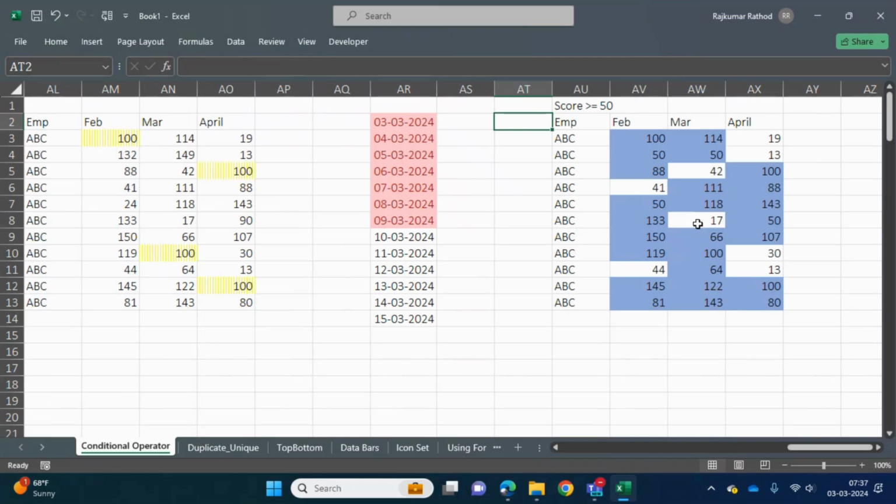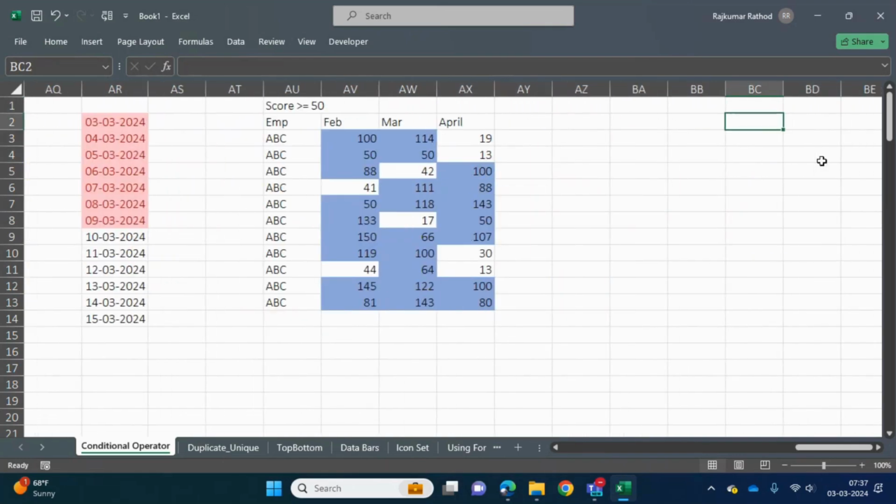So you did it manually. But what if there's a huge amount of data? Suppose we don't want to select the entire sheet. What is the other option if the data goes up to, say, 400 rows, but we want to select only until row 200? In that case, as I said,